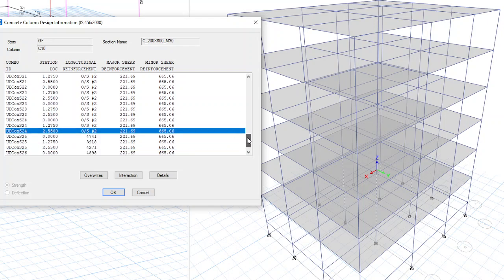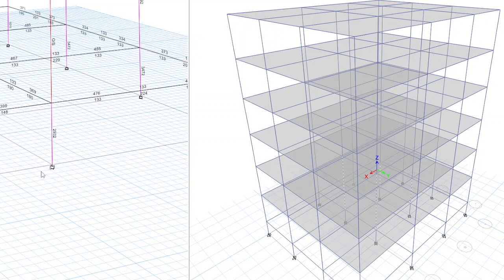For example, I have selected one column, and it is highlighting UD-CON S24 combination as the critical one. So for that particular combination, you can check the forces. To check the forces, select that particular member.